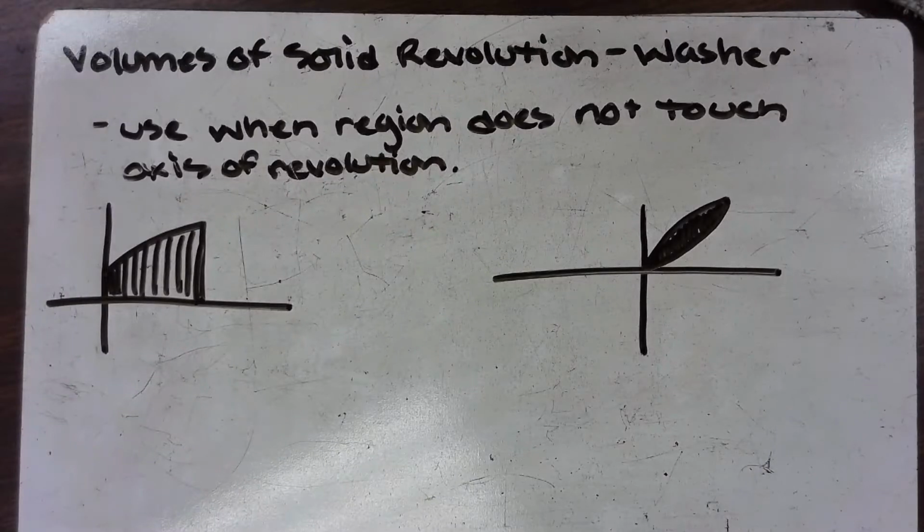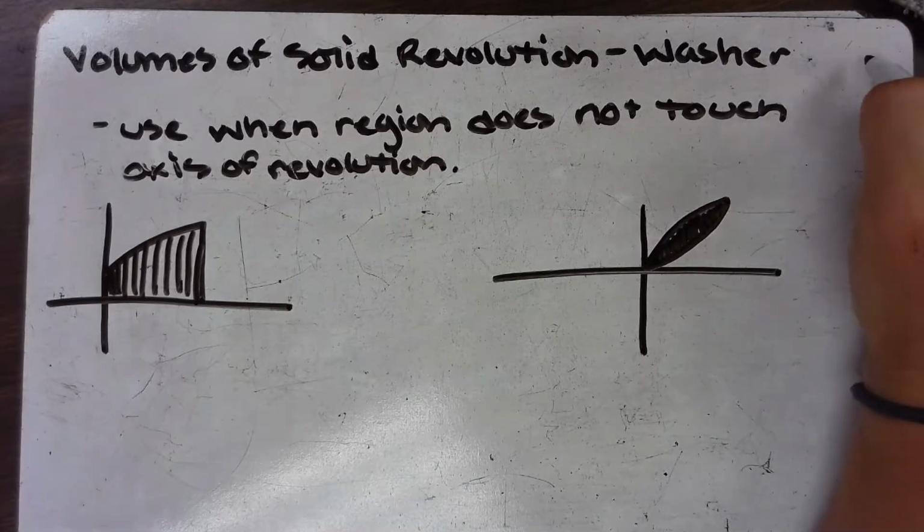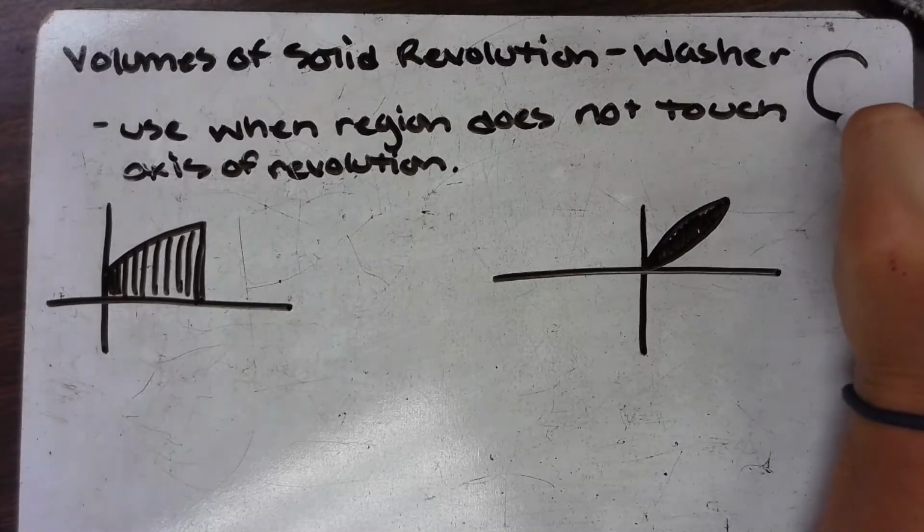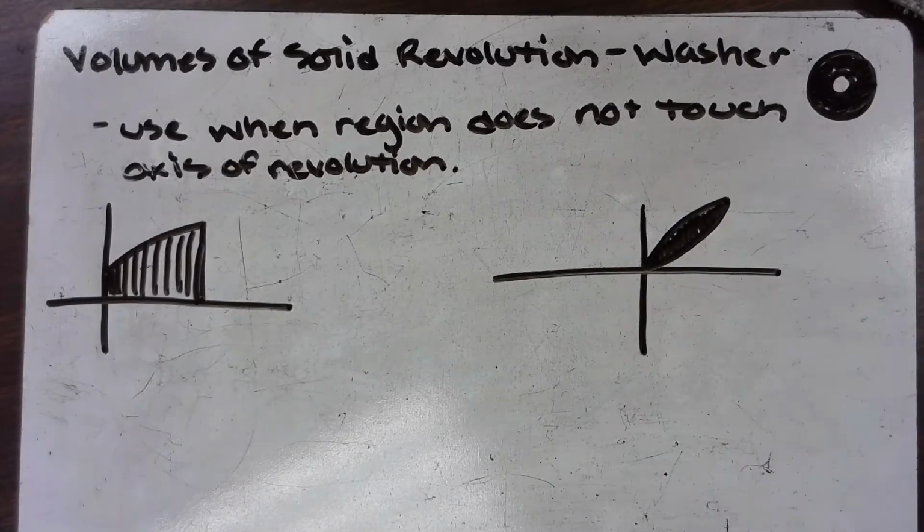Today we're going to look at volumes of solid revolutions with washers. Okay, and first off, what is a washer? I don't know if you've ever seen one before, but it's a round thing with a hole in the middle. Think of it as a donut, like this. All right,